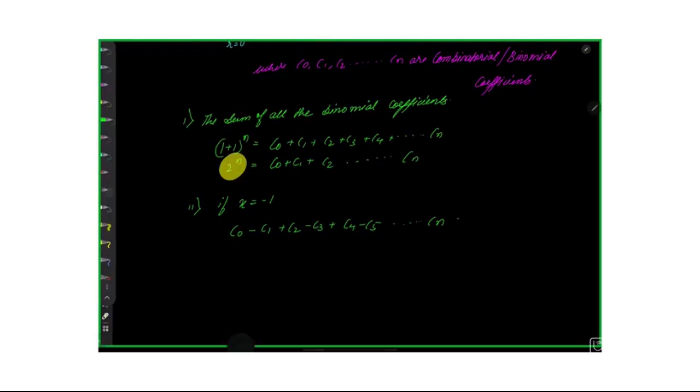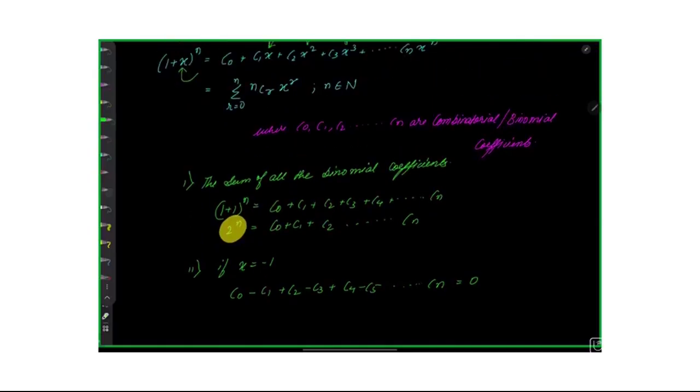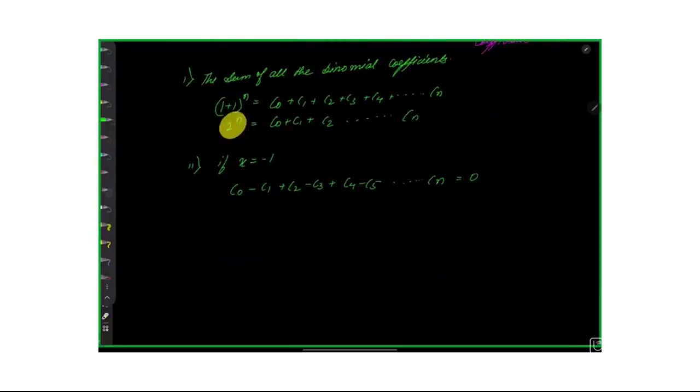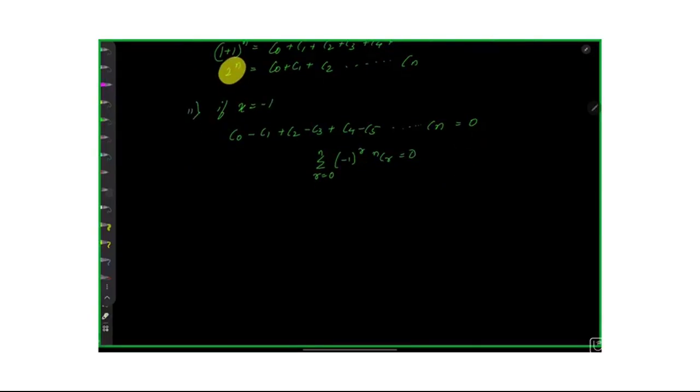What will be the answer? It will be 0. Why 0? Because it is (1 plus x) to the power n. If we put x equals minus 1, it will be (1 minus 1) to the power n, that is 0 to the power n, which is 0. That is, summation r from 0 to n of (minus 1) to the power r nCr equals always 0. Now, third property: sum